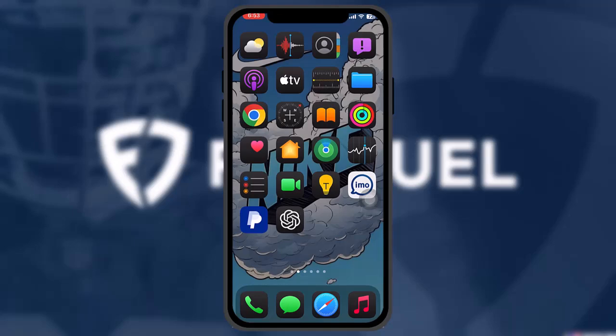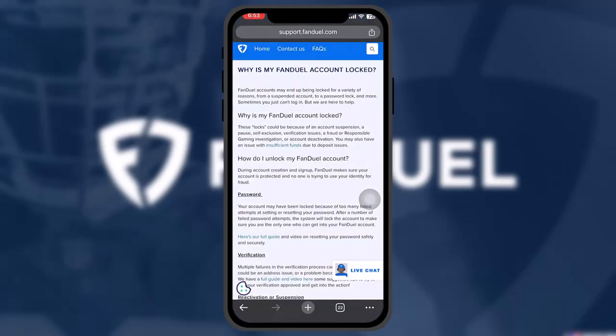Now the first thing that you need to do is understand why your FanDuel account has been suspended or locked. FanDuel accounts may end up being locked for a variety of reasons. These locks could be because of an account suspension, a pause, self-exclusion, verification issues, fraud, etc. Now in order to unlock, what you need to do is understand that during account creation and sign up,